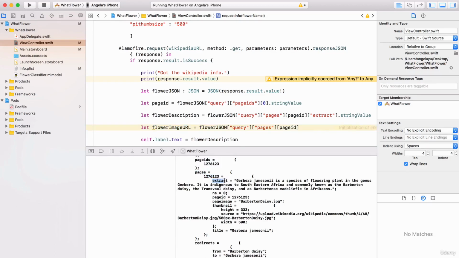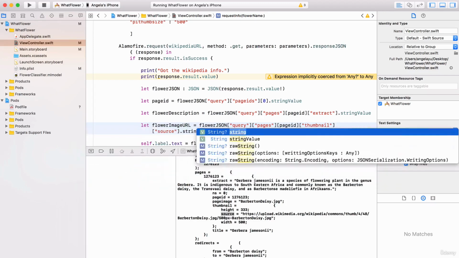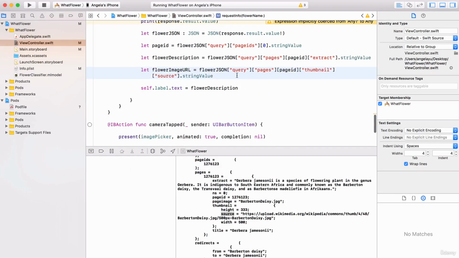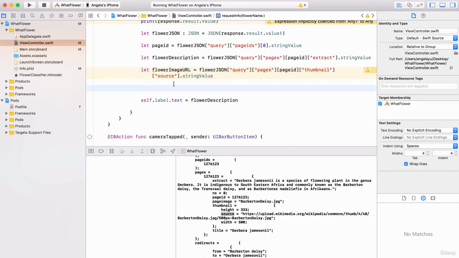And now you can see you've got extract, you've got pageimage, then you've got this thing called thumbnail. So let's go into thumbnail. And finally, last level, we need to go inside thumbnail to source. So that's the last one we need to add. And let's change it to a string value again. All right, so now we have this flowerImageURL, and all that we need to do to update our image view by using SDWebImage is just to specify